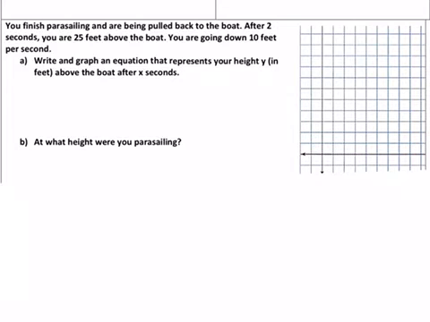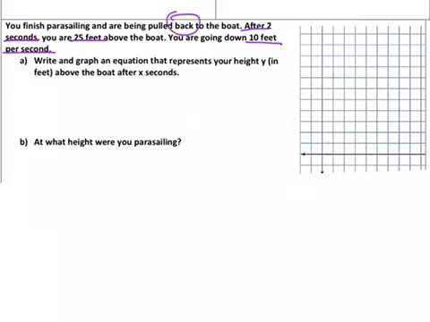We're going to use some word problems to create and graph linear equations based on the different scenarios. So this first word problem says, you finished parasailing and are being pulled back to the boat. After 2 seconds, you are 25 feet above the boat and you're going down at 10 feet per second. So we're up parasailing, so we're going to be up higher than the ground and we're being pulled back to